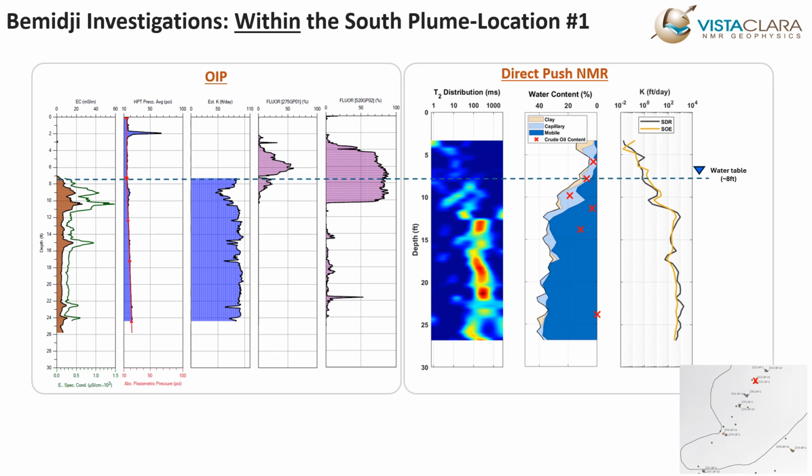And here on this slide, the crude oil content is shown as red crosses. And the crude oil content is basically plotted together with the total water content estimated from the CPMG experiment. And if we convert that crude oil content to the concentration,